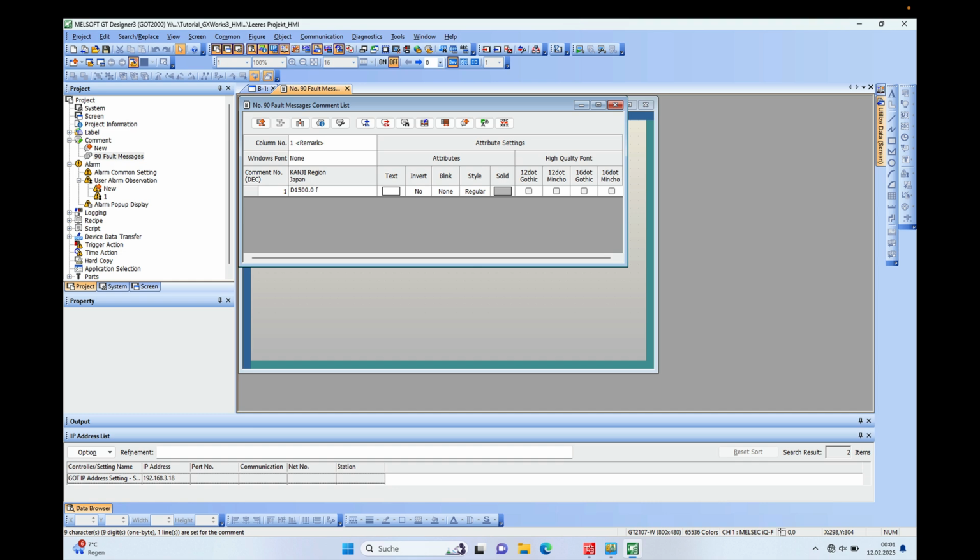So we say just fault number 1, for instance, and then there is the button up here on the left side that says new row, and we can put D1500.1 in there and say fault number 2, and so on. I will just create, let's say, 3 fault messages,